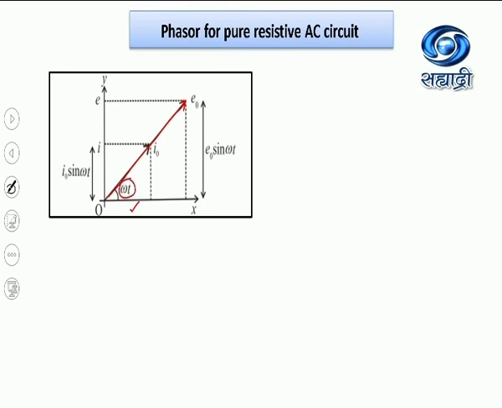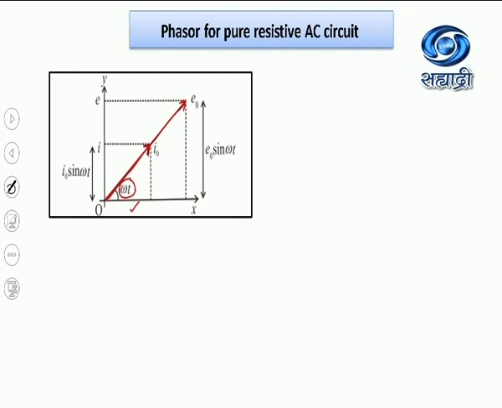For current, what is our expression? I is equal to I naught sin omega t. So current is also in the same direction. The only difference between the two is the length of the vector. And we know that current is voltage upon resistance. And when we are drawing these vectors on the same scale, naturally for current, the length of the vector will be small. For the EMF, that is voltage, it will be greater.